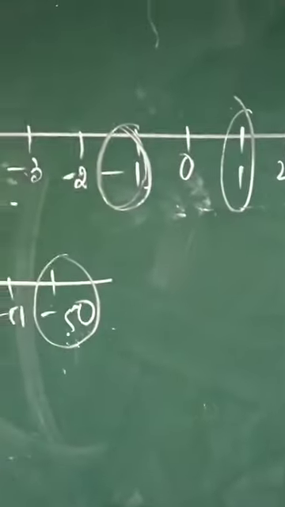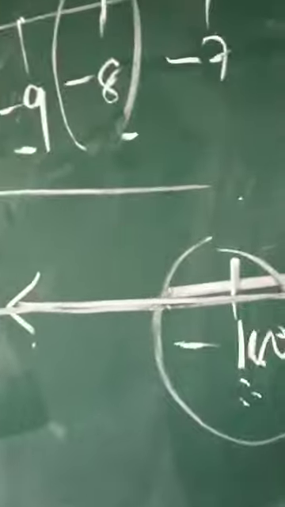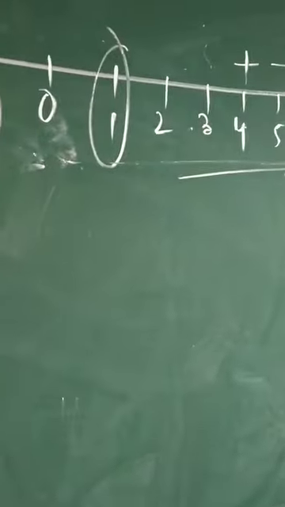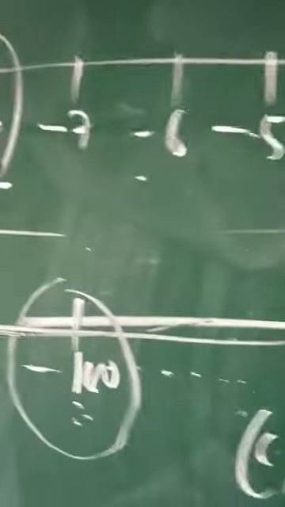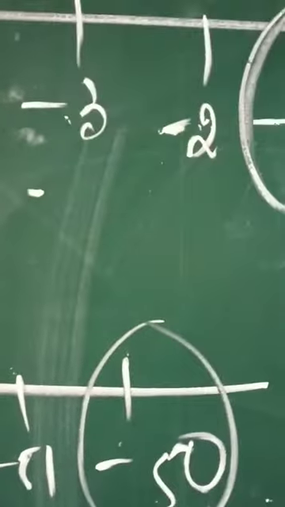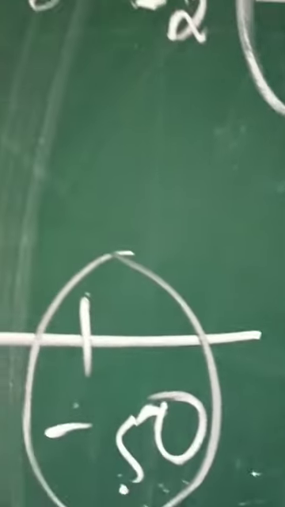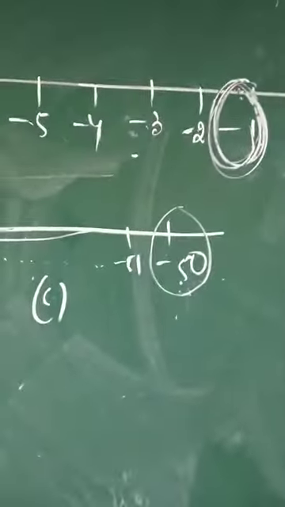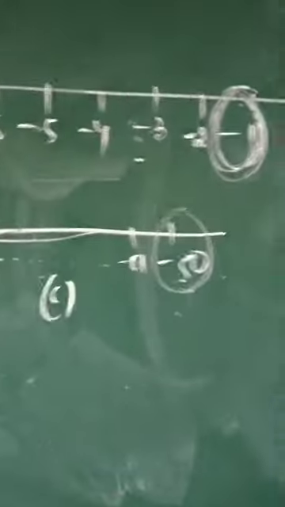Apart from it, the next statement C: the smallest negative integer is -1. Children, just now I have explained that -1 is not the smallest negative integer. This is rather the greatest negative integer. -1 is the greatest negative integer. This is what we have to keep in our mind.